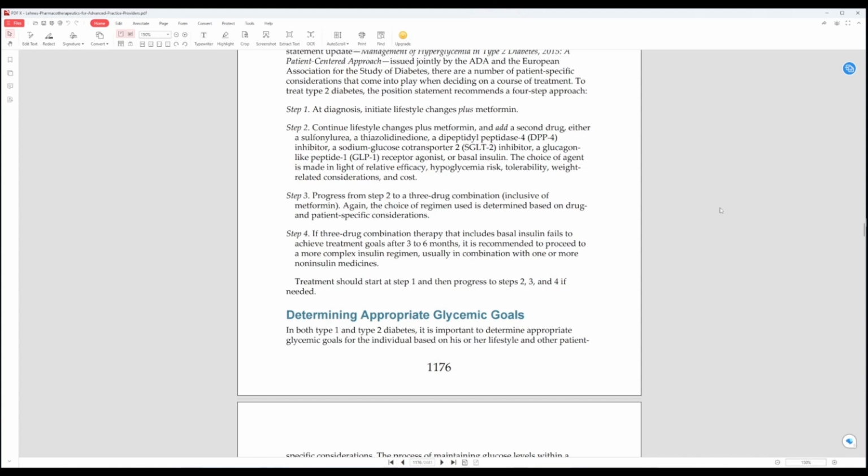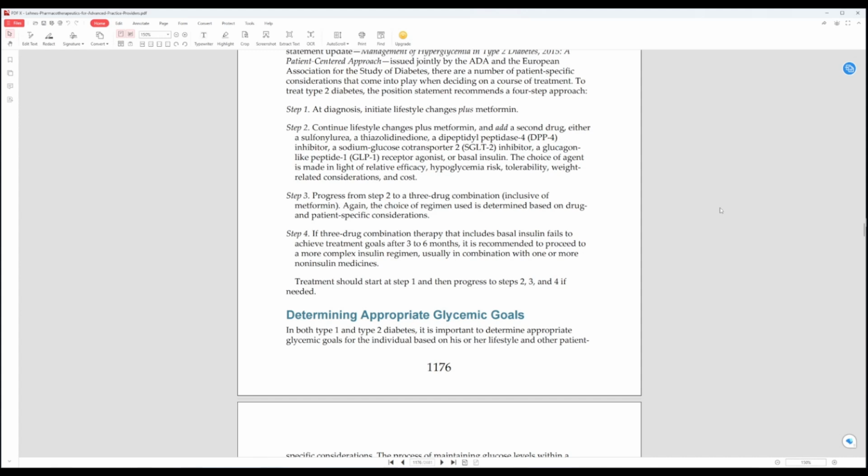The choice of agent is made in light of relative efficiency or efficacy, hypoglycemia risk, tolerability, weight-related considerations, and overall cost. Step 3. Progress from Step 2 to a 3-drug combination, inclusive of metformin. Again, the choice of regimen is determined based on drug and patient-specific considerations. And lastly, Step 4. If the 3-drug combination therapy that includes basal insulin fails to achieve treatment goals after 3